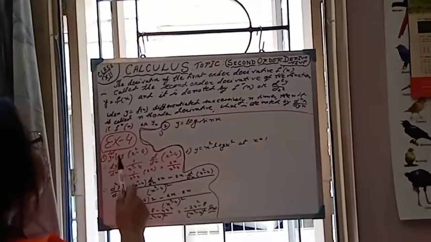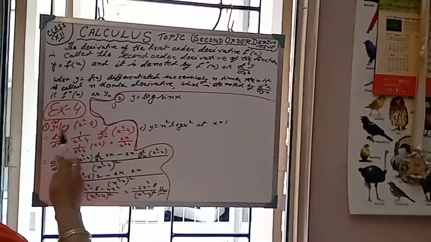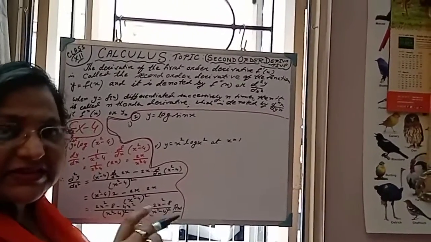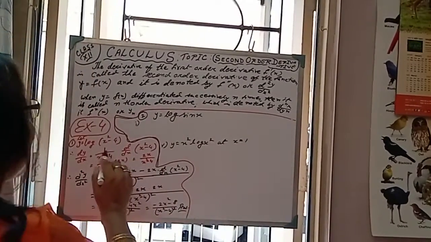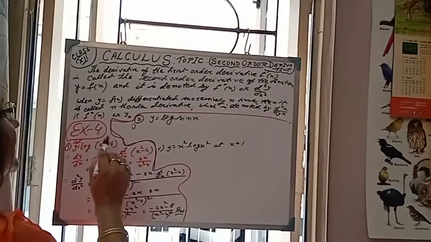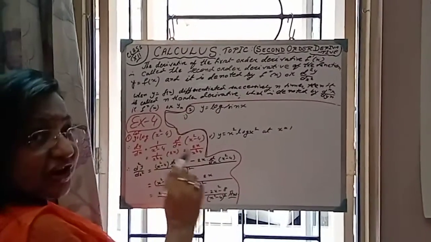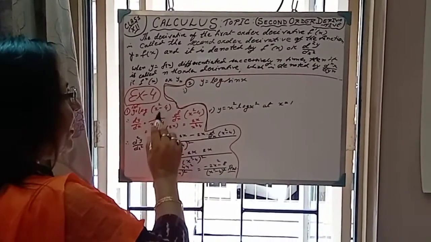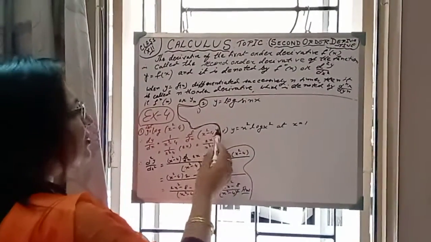So dy/dx means d/dx of log(x square minus 4). How to find it? d/dx of log x is equal to 1 by x. Now 1 by x square minus 4, since exactly x is not there, we will just break this by chain rule. So the term we have taken as x, that x square minus 4, again that term should be differentiated. So d/dx of x square minus 4.